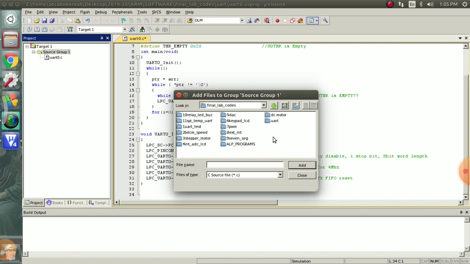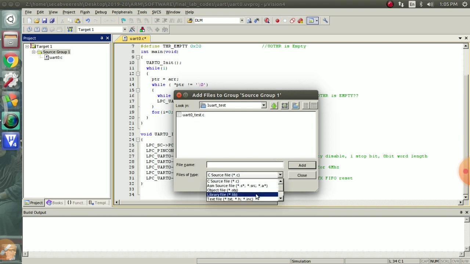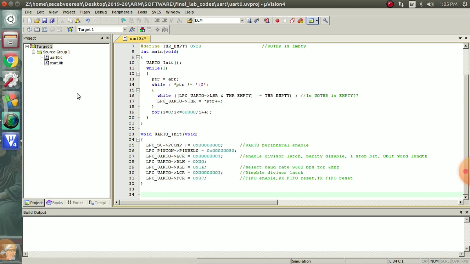So add that library file. Just select library in the file types, the .lib file. So here it will come. You just double click or add it here. So it has also been added here.